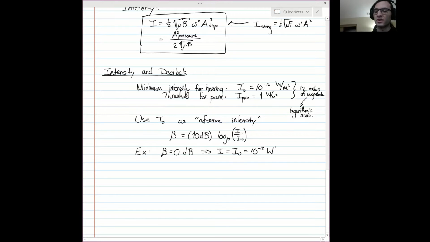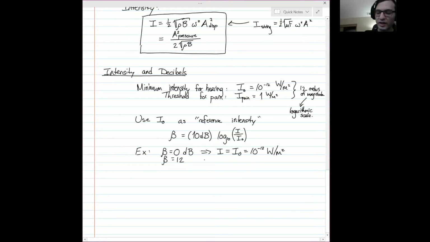reference intensity. So that means that according to our scale, 0 decibels is the quietest thing a human can hear. Can't hear less than that. Negative decibels would be less intense. It wouldn't be like negative volume. It'd be like 10 to the minus 13, 10 to the minus 14, and so on. We can also look at